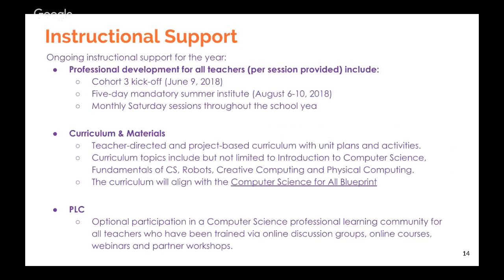So speaking of content, what are the curriculum and materials? The curriculum is really a teacher-directed and project-based curriculum with unit plans and activities. The curriculum topics include, but aren't limited to, introduction to computer science, the fundamentals of computer science, robots, creative computing or project-based learning, and physical computing.